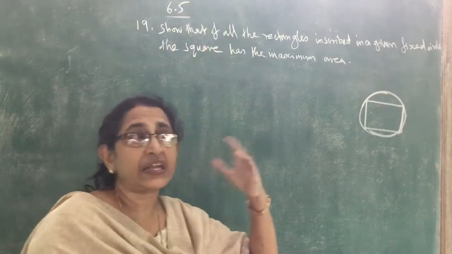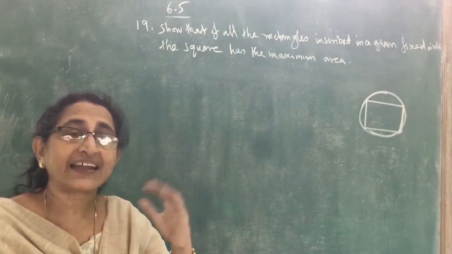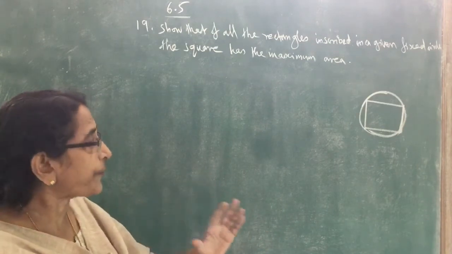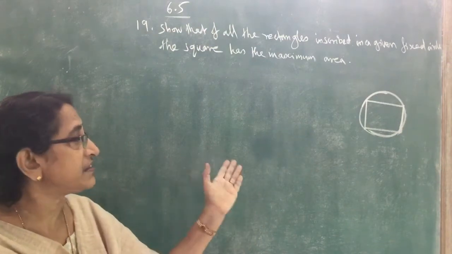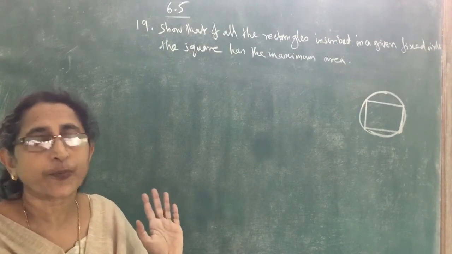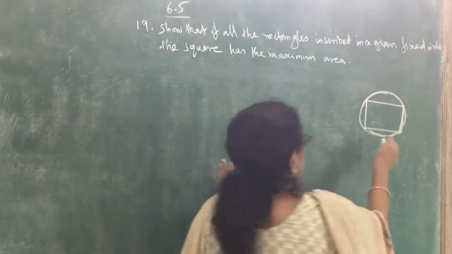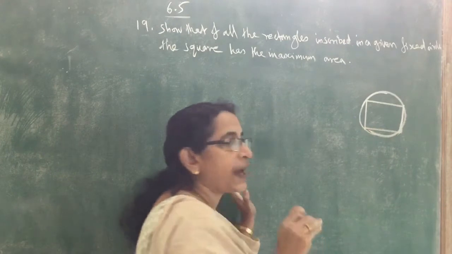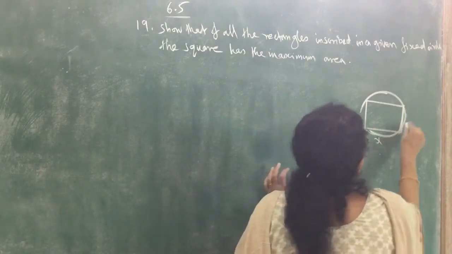That means when a rectangle becomes a square, length is equal to breadth. So we have to prove that the area of this rectangle is maximum when length equals breadth. That is what we want to prove. Suppose this is a rectangle inscribed in the circle. We denote the length of the rectangle as x,